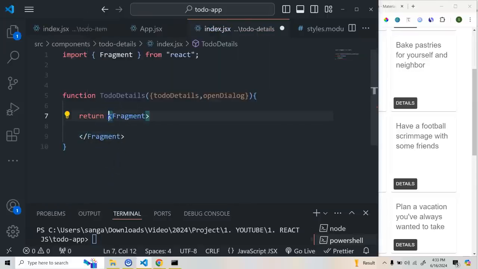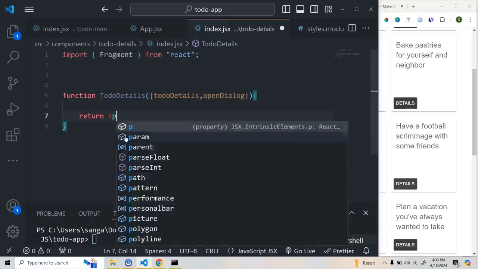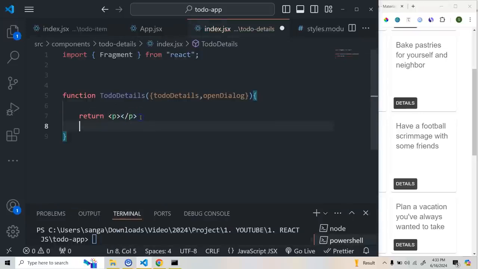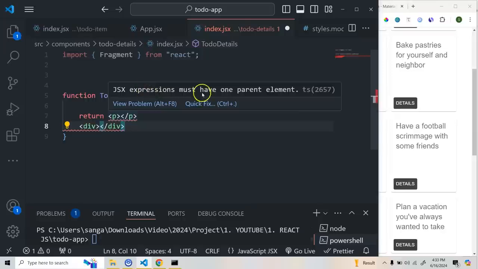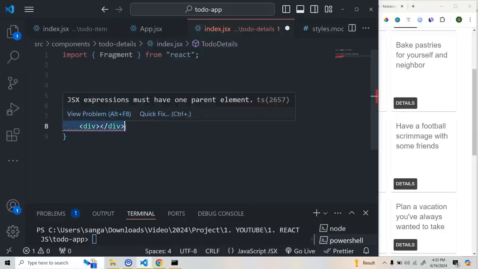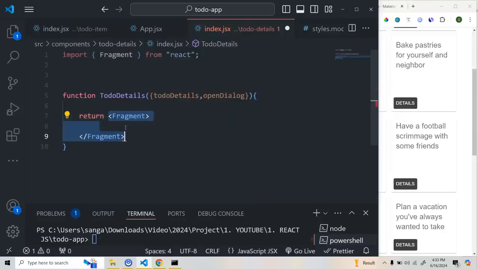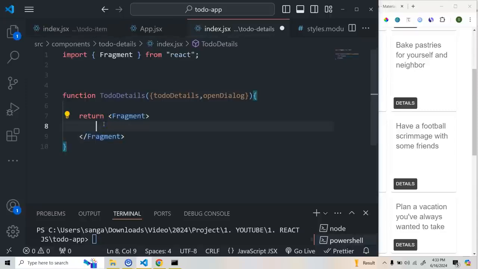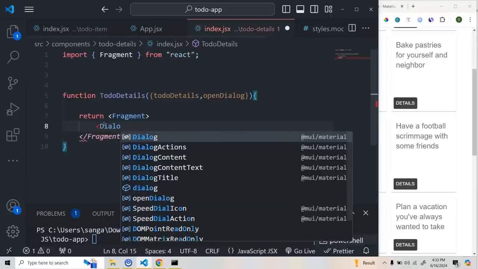The reason is because, let's say if I do something like this, I'll return a paragraph, and after this I'll return another div, right? It will give you an error that JSX expression must have one parent element. That means you need to wrap both into one element. So that is the reason we'll use this fragment to wrap it, and then we'll do a dialog from Material